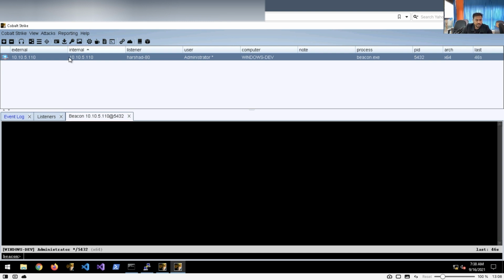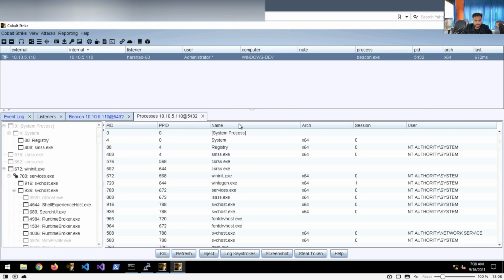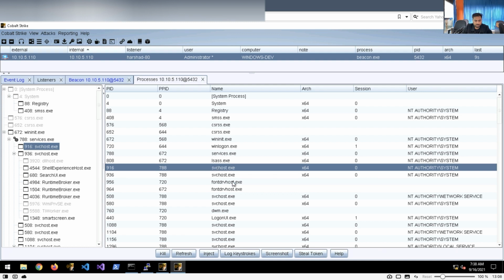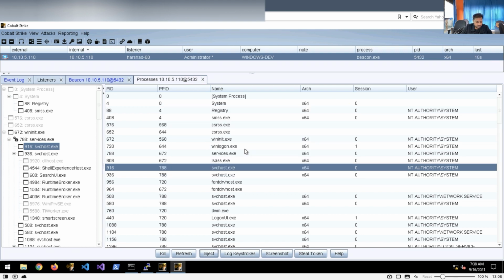Next, if we right click here, we can see these options we have access to. Let's click explore; we have port scan, process list and so on. For example, click process list, and here you will see the particular processes, perfect. We have all the processes available there. For example, if you select a process like this svchost, and you want to inject it, you can simply click inject, select whichever payload you want from this section, and inject it.